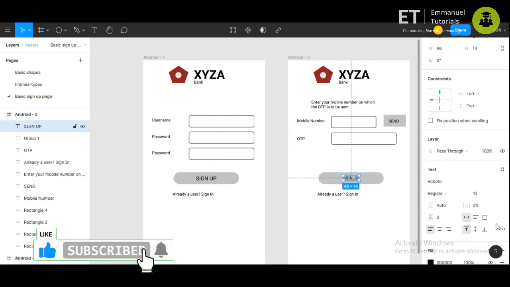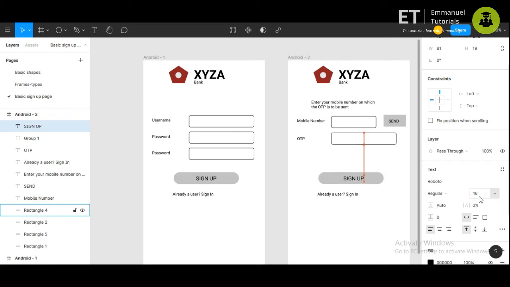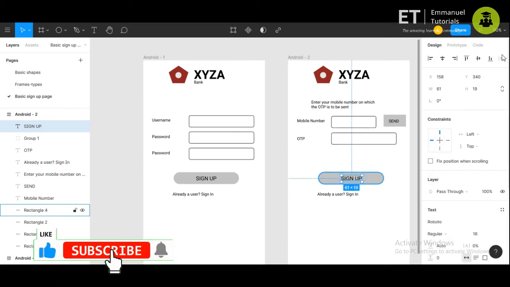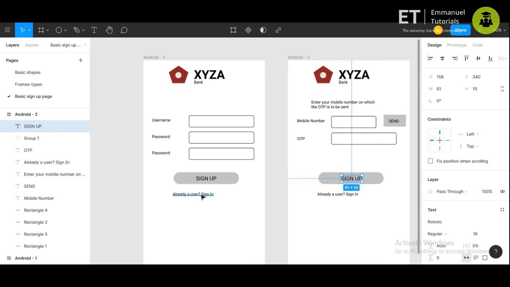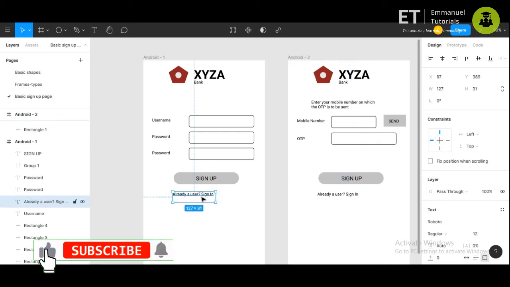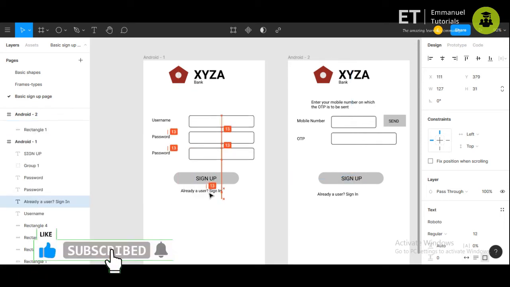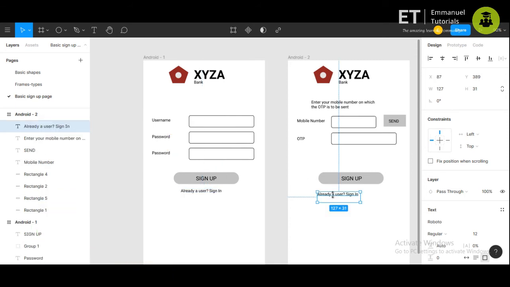Similarly here, let's make it 16. You can also center align it by options here, but we'll keep this as it is. And move this here.